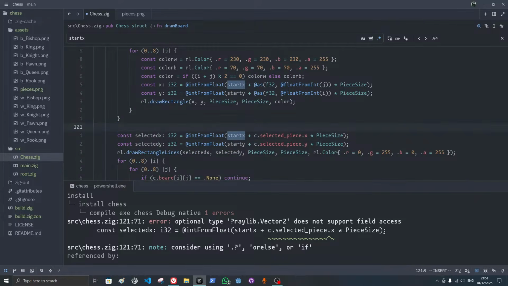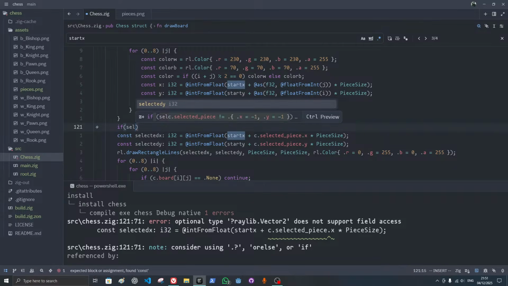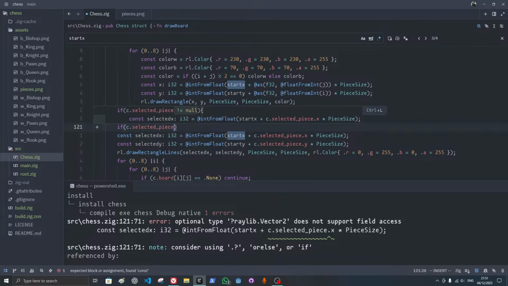Selected piece can be null, so I have to do c dot selected piece, and then I will put